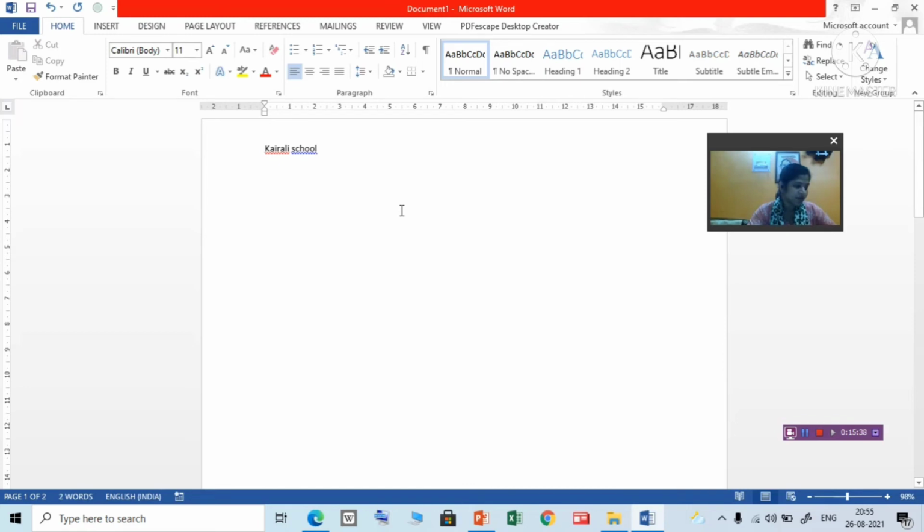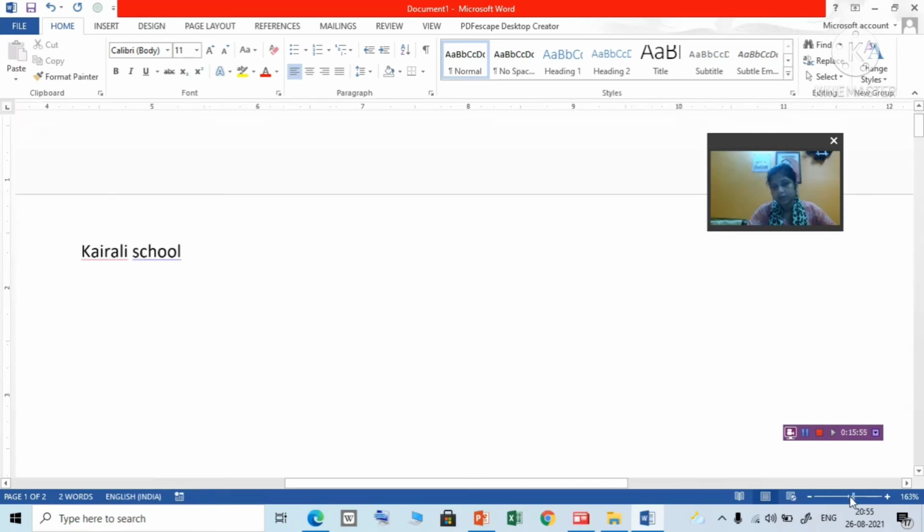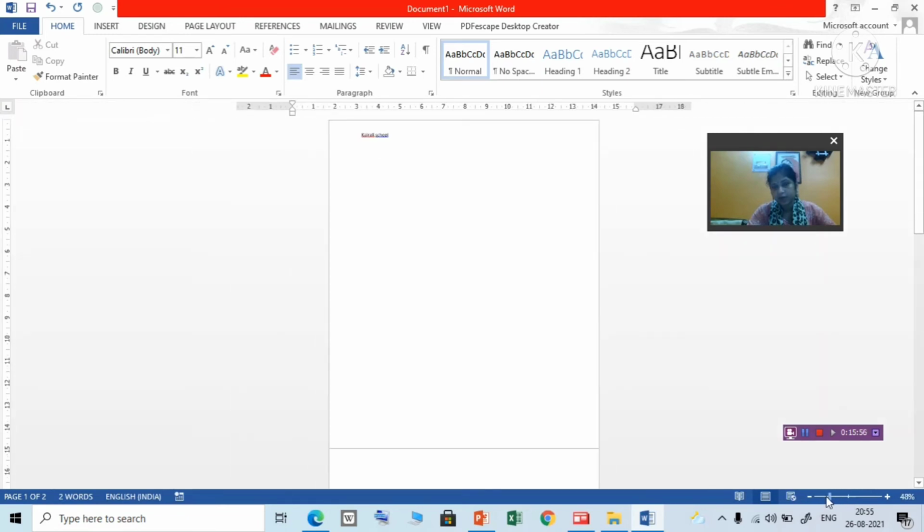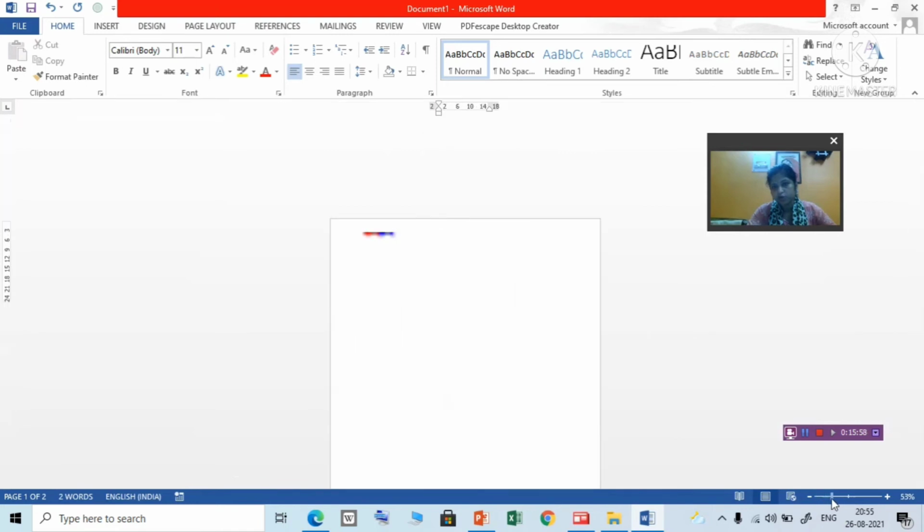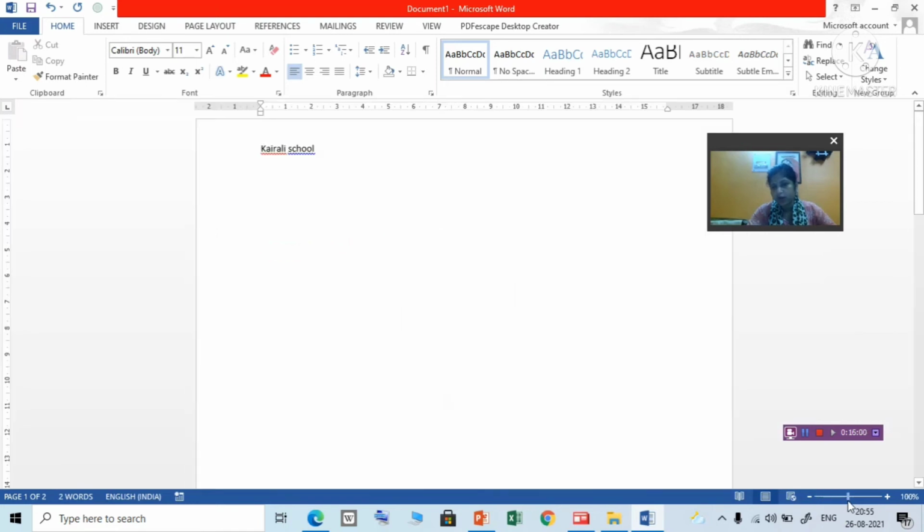Outline displays your document in an outline view. You can move the text up and down, expand and collapse the levels, or change the heading levels. And here you see the zoom slider present in the status bar. If I make it bigger, you can see the text becomes very big; if you make it smaller, it will look small. So you can fix the zoom slider as you want. Generally, you fix it at 100%. So these are the things present in the status bar.